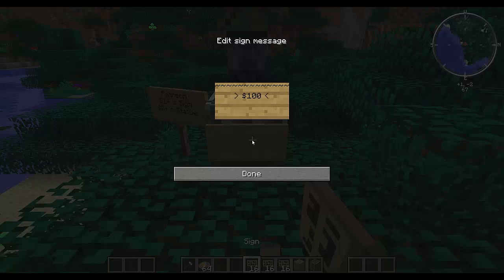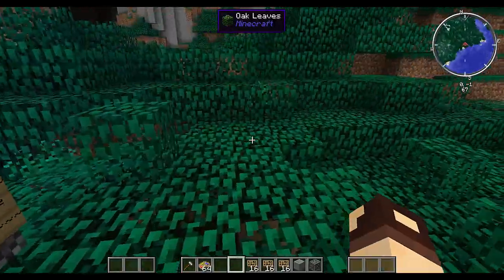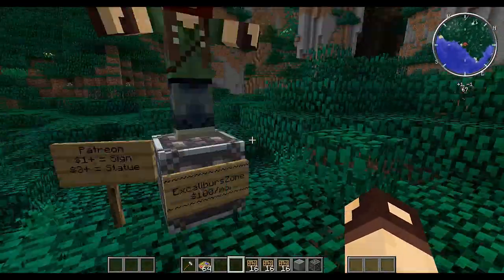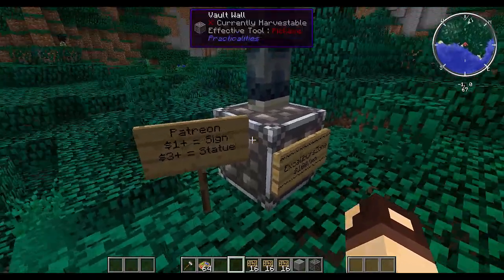Put a nice border around it. Name the amount, and now the amount can actually be recurring. So what I'll do is put something like that. Done. So there we go. So when you're walking along and I do some shout outs, I'll go, okay, thank you Excalibur, and do that, you know. So that's a Patreon.